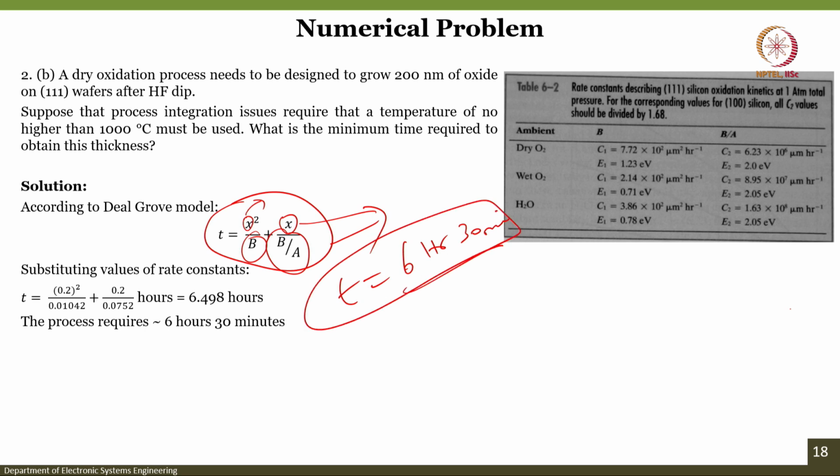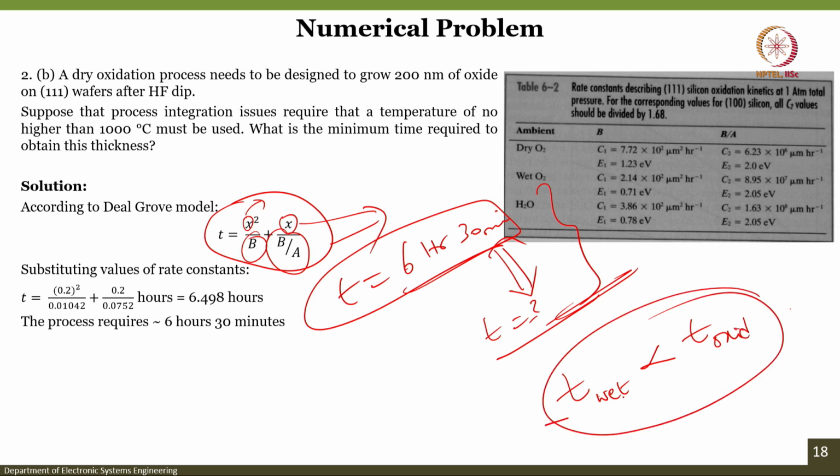Now, one can do the same thing for wet oxidation as well. This is dry oxidation; find out what is the value of t and figure out for yourself whether the wet oxidation time is less or the dry oxidation time is less. If you do the same calculation, the time required for wet oxidation is less than the time required for dry oxidation. That is why this Deal-Grove model is